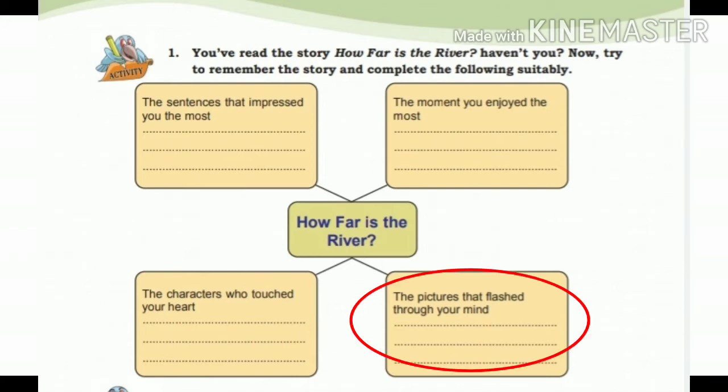Okay. Then the last one, the fourth one. What are the pictures in your mind? For me, the dreaming boy, the path, the hill covered with trees, the girl, the green parrot, water coming from the hillside, the village boy. So many pictures are coming to my mind. These all are the beauty of this story.